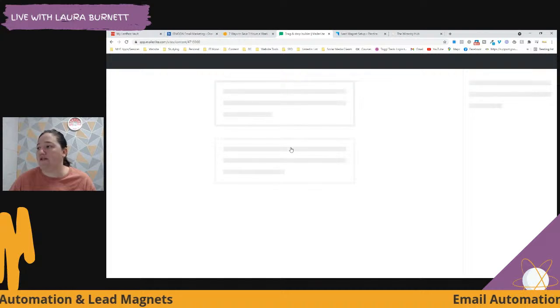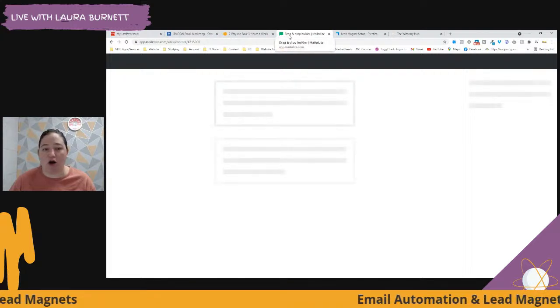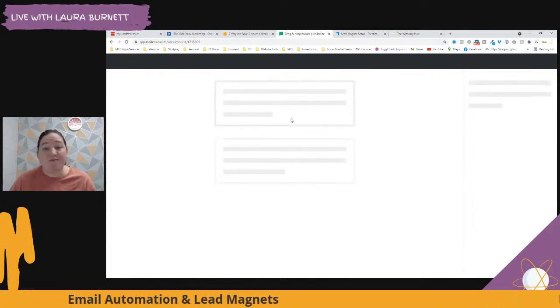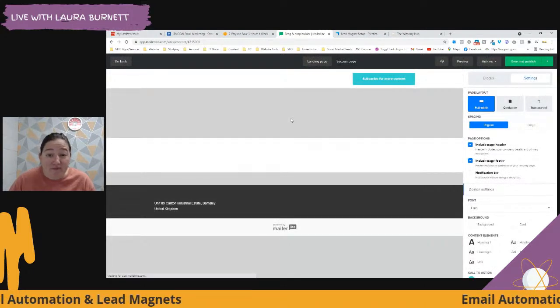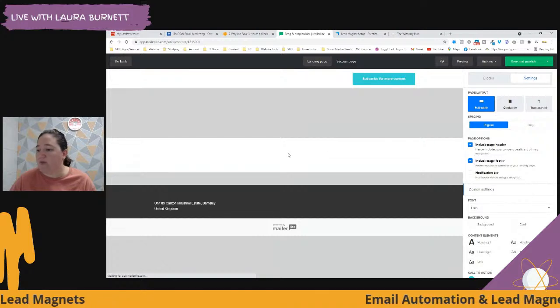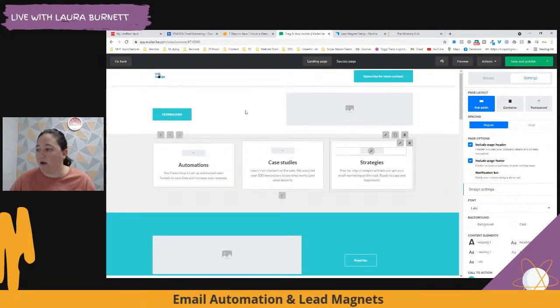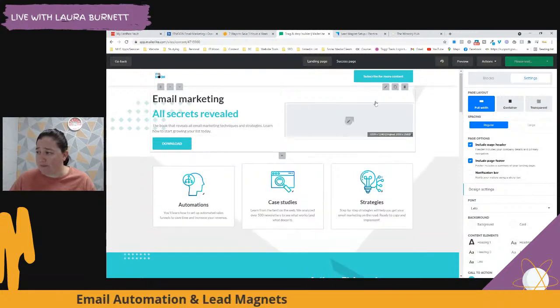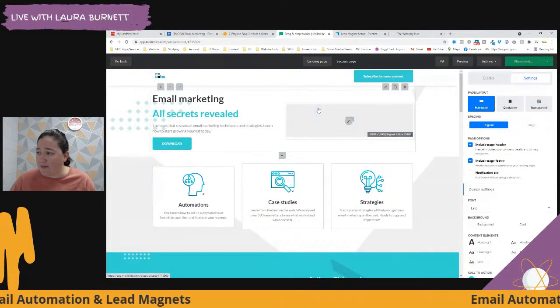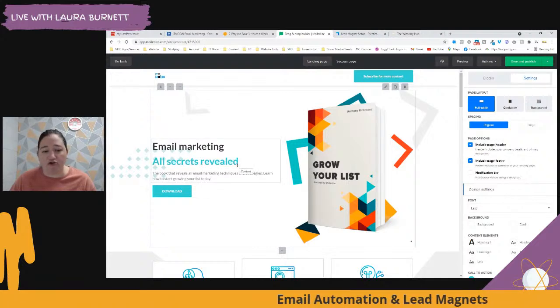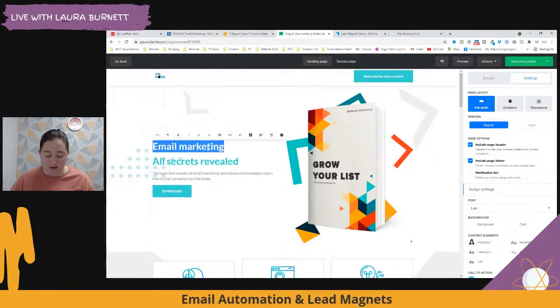So when we press select on this, as you can see, it says at the top, drag and drop builder. So what it's doing is bringing up now the drag and drop builder. I will warn you, email marketing systems can be a bit slow, but you know, it is what it is. So when this eventually finishes loading up, there we go. As you can see here, as I'm highlighting boxes, it's highlighting different ones and it's very drag and drop. So if I wanted to change the title,